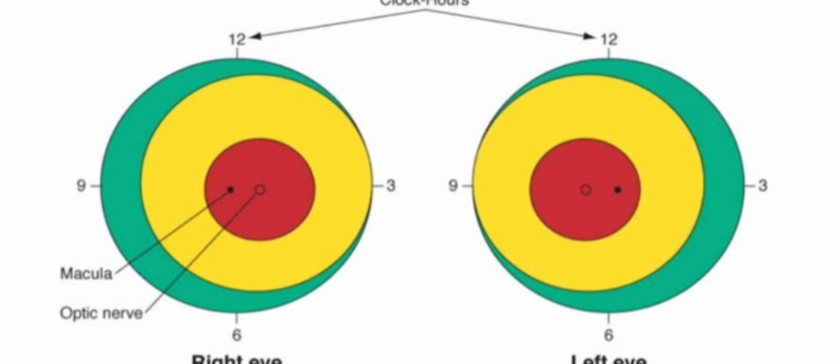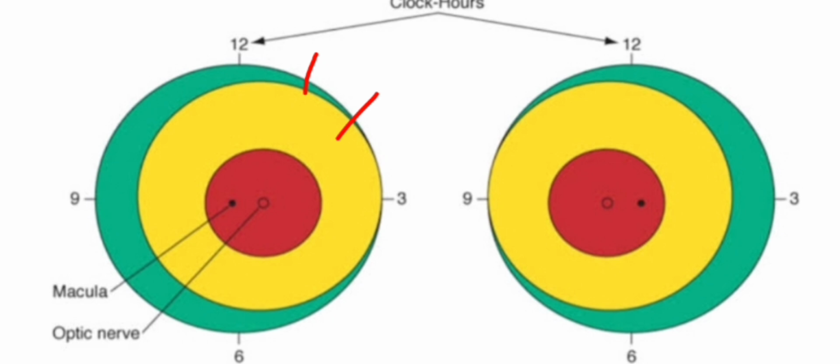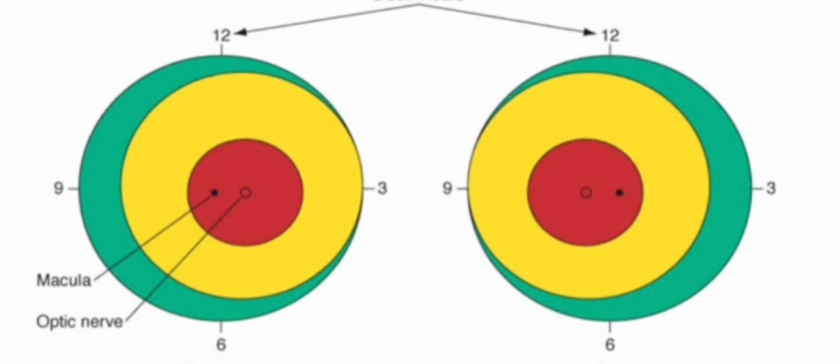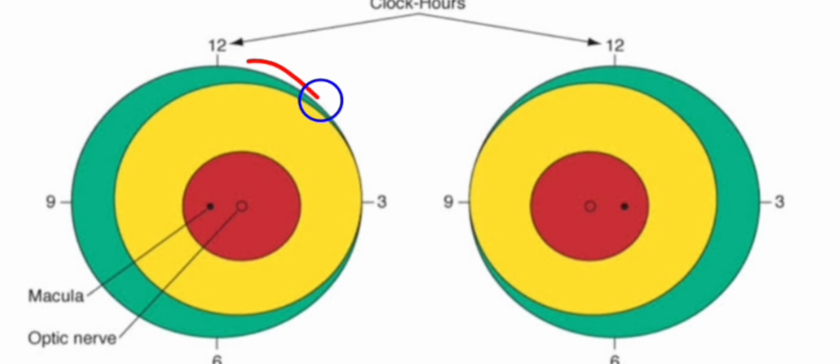ROP is described according to each clock hour. Say from 12 to 1 o'clock position, is there any ROP change? From 1 to 2 o'clock position, from 2 to 3 o'clock position. So each quadrant is divided into 3 clock hours and then each clock hour is described in detail about the stages of the ROP. The disease of ROP can progress either in a continuous manner or it can be patchy clock hours. So either it can involve 3 clock hours continuously or it can be like 1 clock hour in one quadrant or 2 clock hours in another quadrant. So consider each clock hour and then describe the ROP changes.